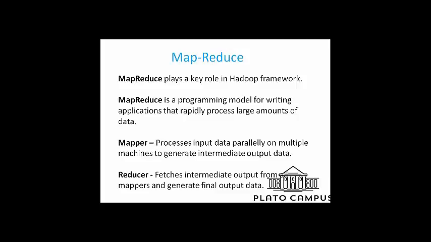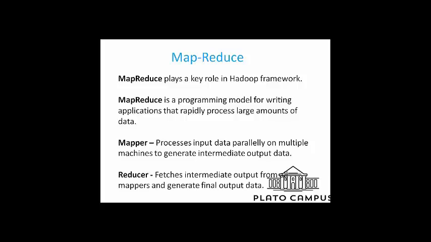So MapReduce plays a key role in the Hadoop framework. Why is it playing a key role? Why was the storage not playing the key role? Because nowadays storage is not a big deal. You can store a large amount of data very easily. Maybe you can purchase some extra hard disk, some portable hard disk, and there are so many cloud storage options available. You can store over there. So storage is not a big deal nowadays. But yes, processing a large amount of data on multiple machines distributively is definitely something challenging. That's why MapReduce plays a very important role in the Hadoop framework.